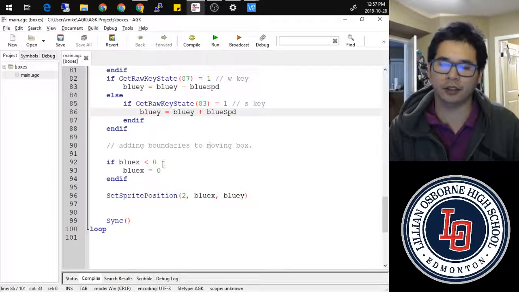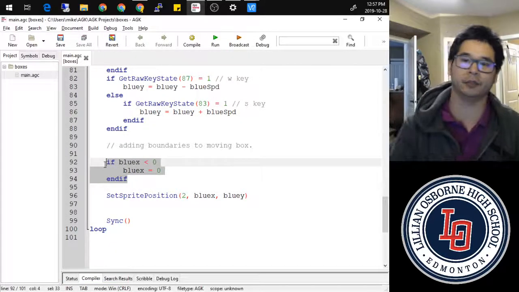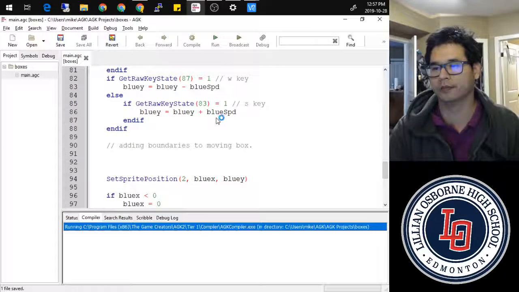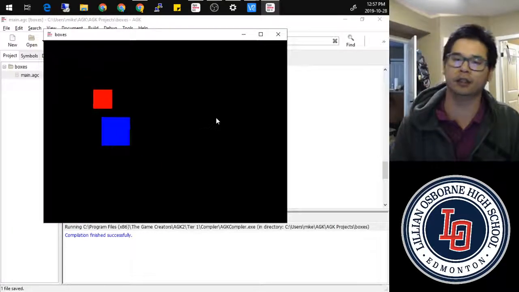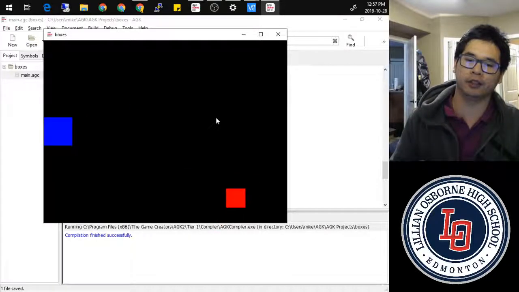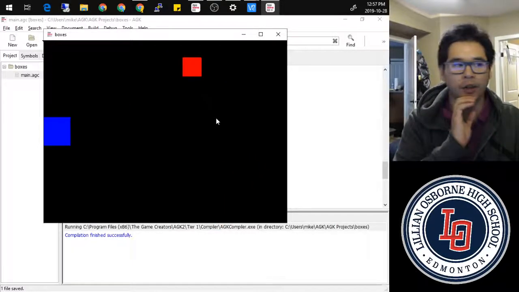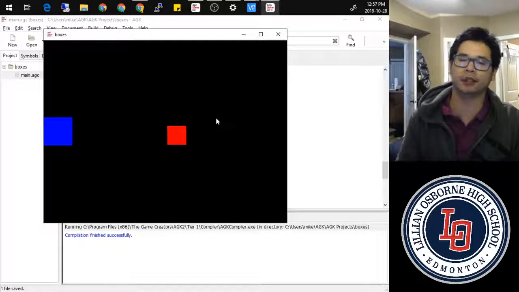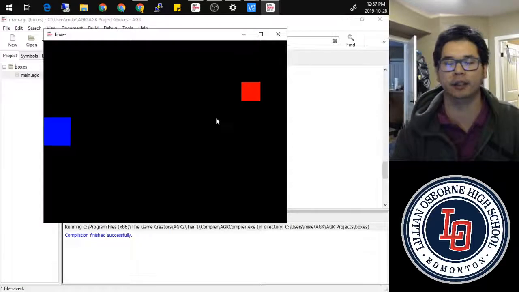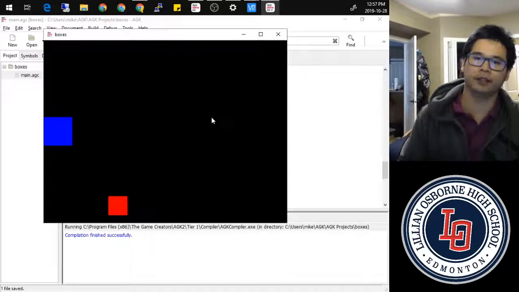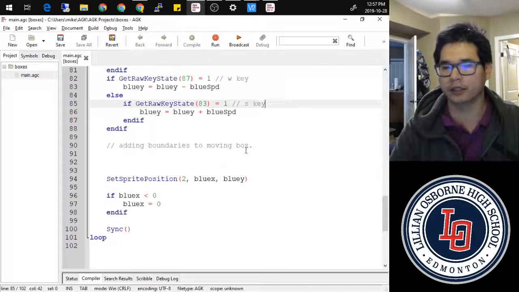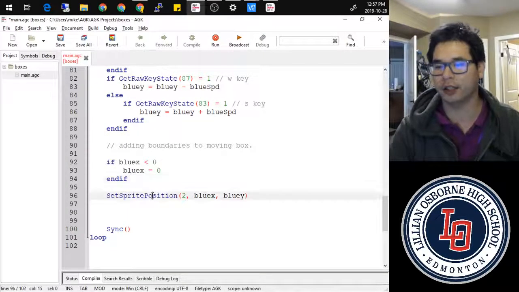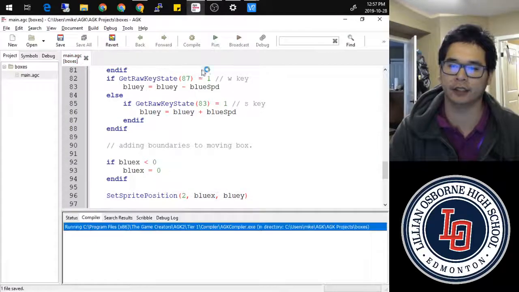One important thing to note though is that it does matter where we are placing these, because if I place this after set sprite position and I do this again, what we'll see is actually I go a little off screen. Hopefully you can see that, where it's moving a little bit off screen because it's setting the sprite position before it's doing the test to reset it appropriately. So for one frame, it does actually go off screen. So it is important to make sure that we are putting our set sprite positions at the very bottom so that it is done after all of the tests occur.